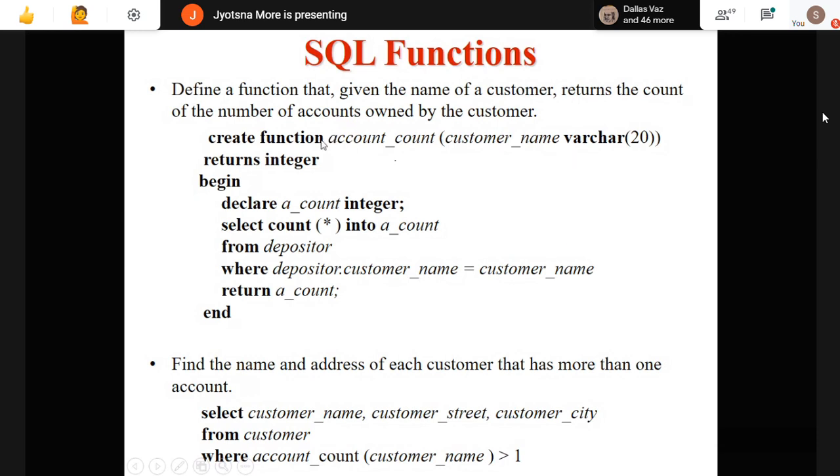Or you can here write account underscore count dot customer name. This customer name is a part of my function and this customer name is part of my depositor table, so I want both should be same. And finally, I want to return the value of a count. Whatever count I got, I have stored here, that I want to return. So for that, I have written this function.